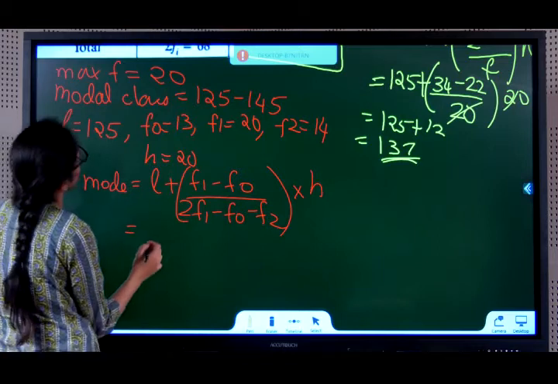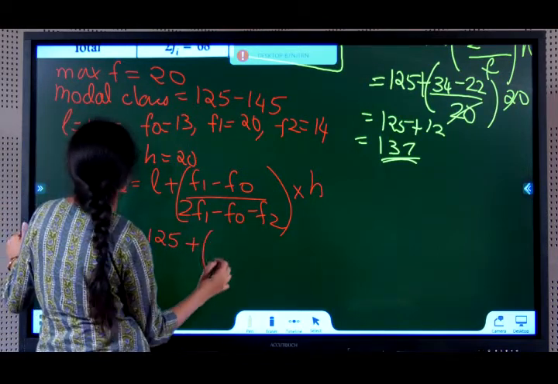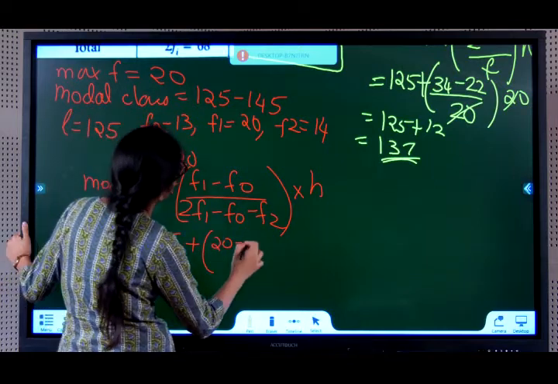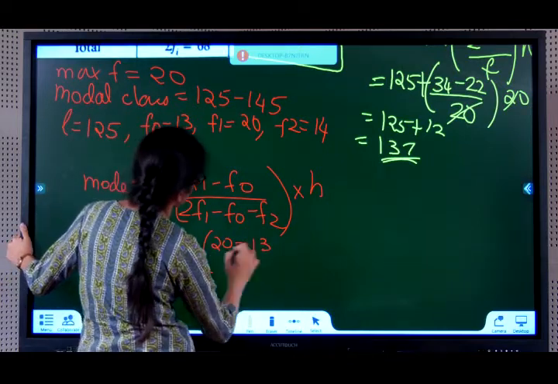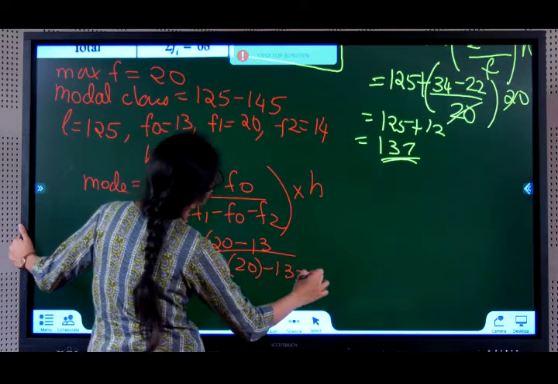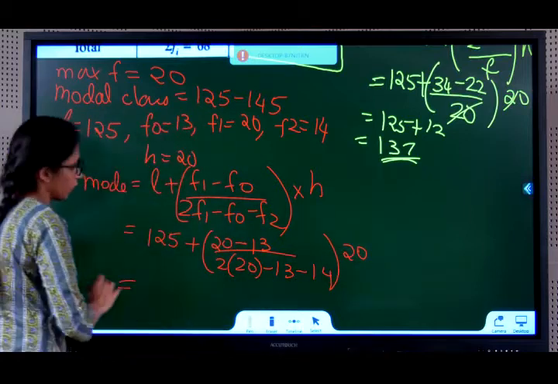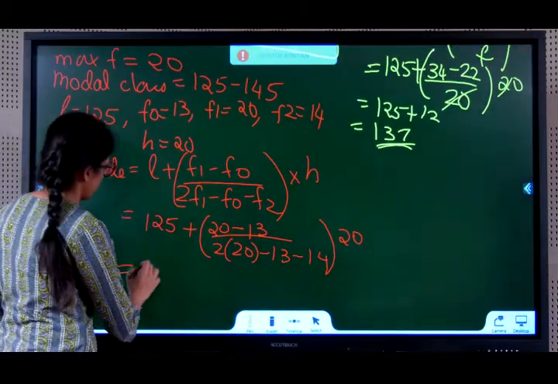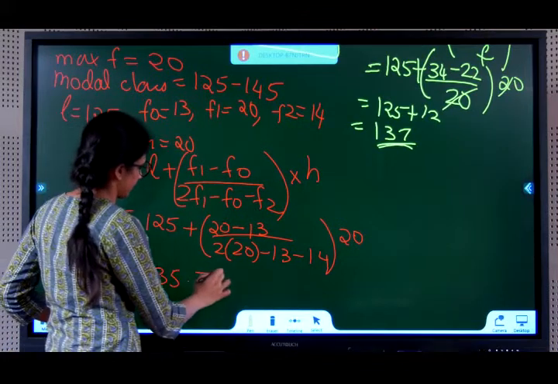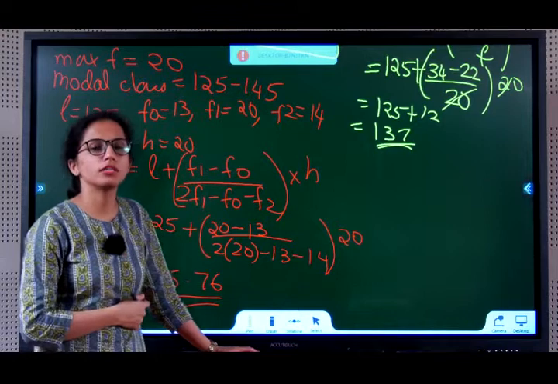L, 125, plus F1 20 minus F0 13 divided by 2 times 20 minus 13 minus 14 into H, which is 20. On solving this we get 135.76. In this particular question I told you let's use the final formula, mode is equal to 3 median minus